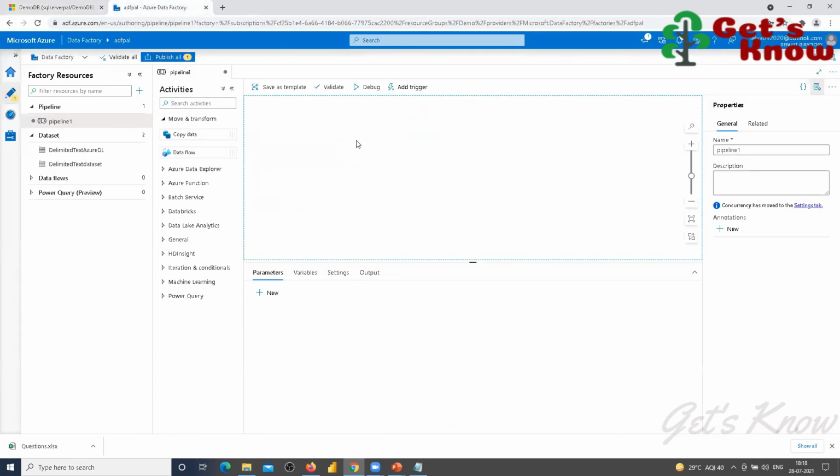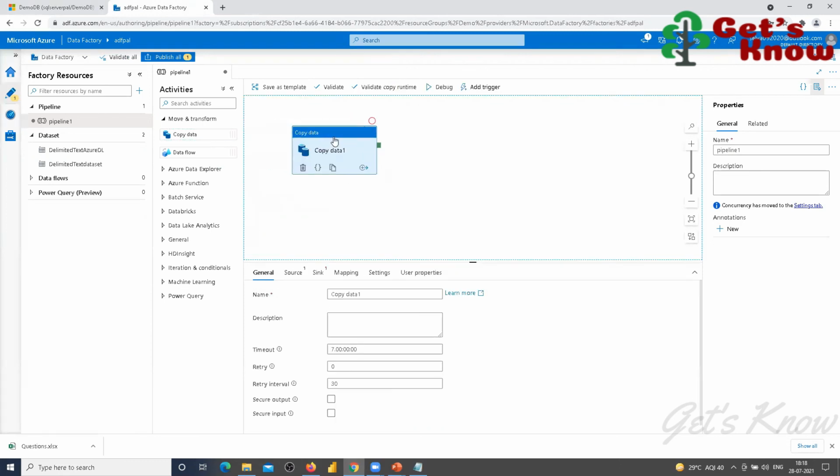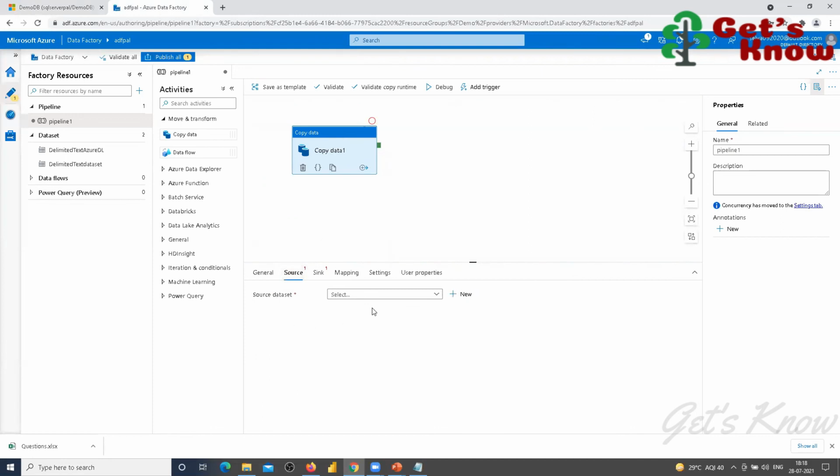Now we have to create a new pipeline for moving the data from that Azure storage to Azure SQL as a database. So the same, copy data, I'm selecting copy data, and the source. I don't want to use these datasets, because one dataset represents the local one and the other represents that storage.